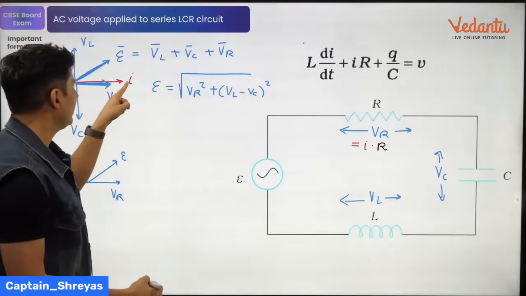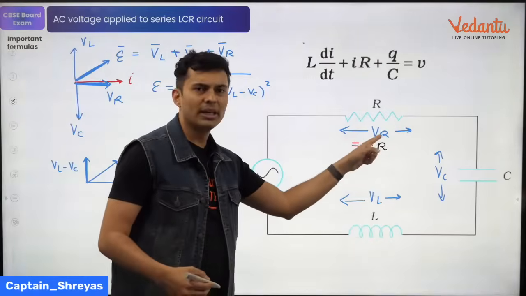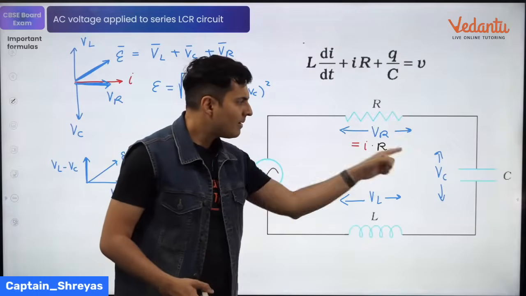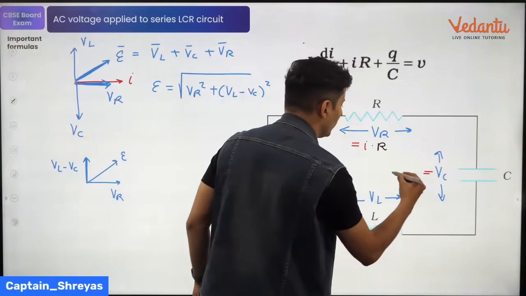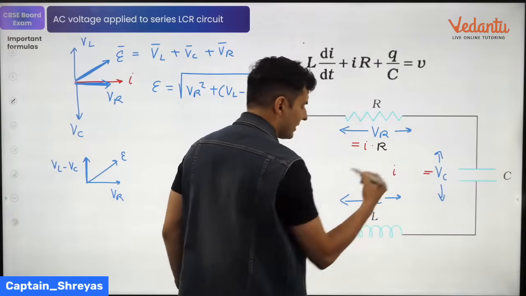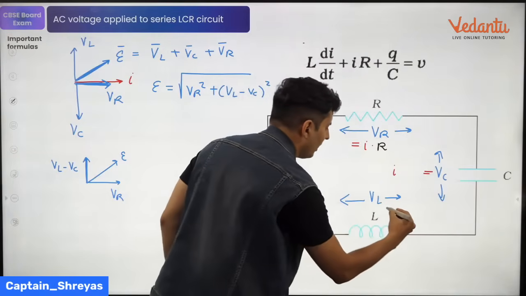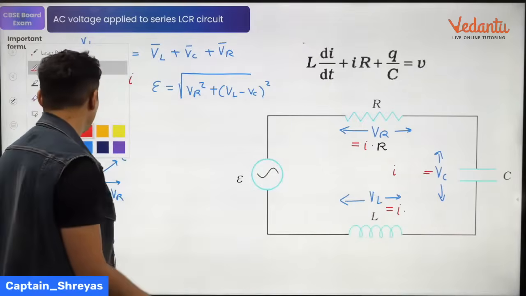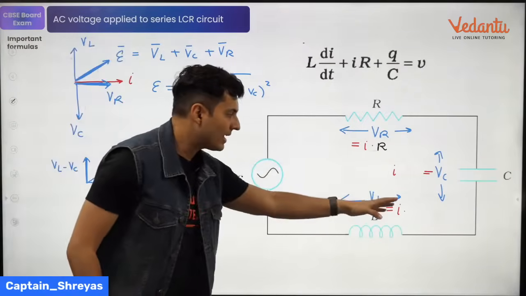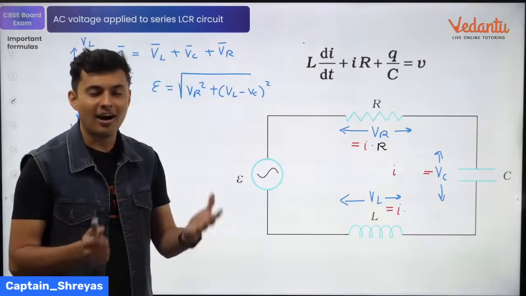The same current I into resistance is the voltage across this guy. VC will be also equal to current into resistance. VL will also be equal to current into resistance, but the resistance of capacitor and inductor is not R, it